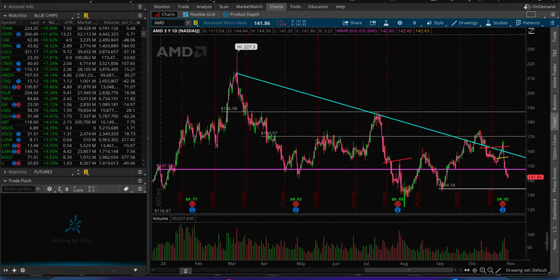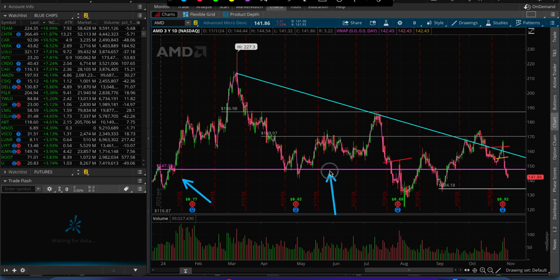Okay guys, welcome back. Let's take a look at AMD. So they reported earnings, pretty strong earnings. I think they guided slightly higher too, but stock is down. Stock is trading below that. So if you look at this chart, I don't know when we talked about this name. I think last time we talked about this name right here, it's been a month or so.